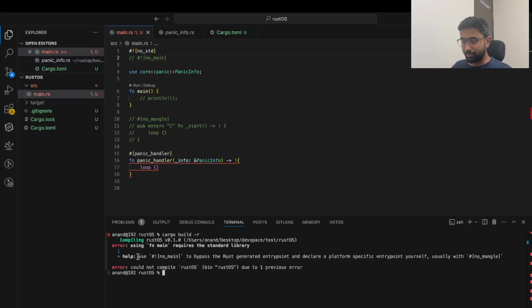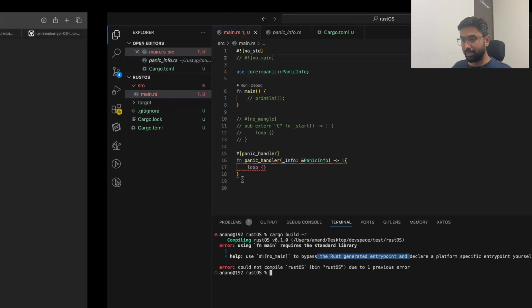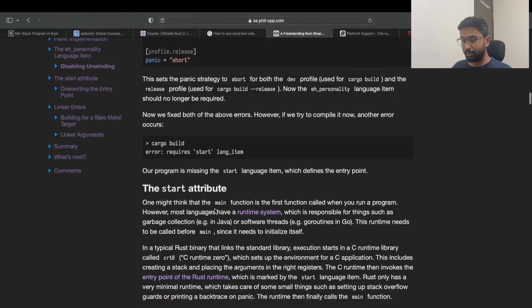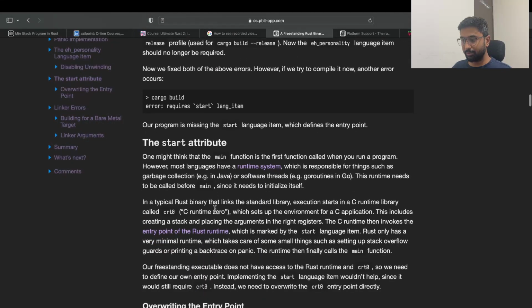So it is saying use #![no_main] to bypass the Rust generated entry point. Now we all know that we must have an entry point in our program. So there must be a main function in our program, and